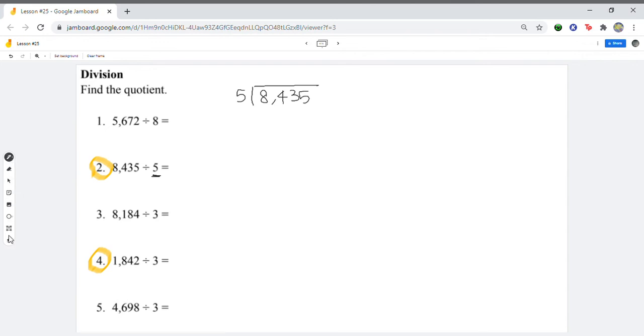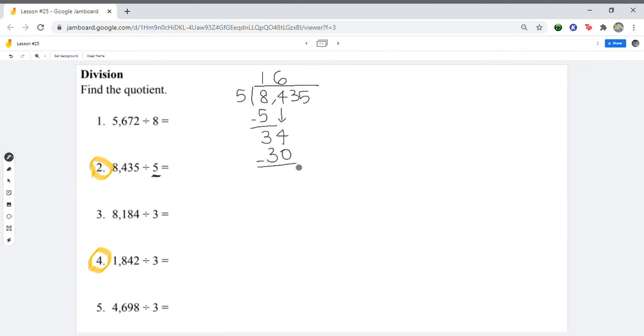So we're just going to go one by one. So how many times does 5 go into 8? Well, it goes into 8 one time. 5 times 1 is 5, and you'll be left with 3. So now we're going to bring the next digit down over here, 4 down. And now we have to determine how many times will 5 go into 34. And we know that 5 will go into 34 6 times because 5 times 6 is 30, and we'll be